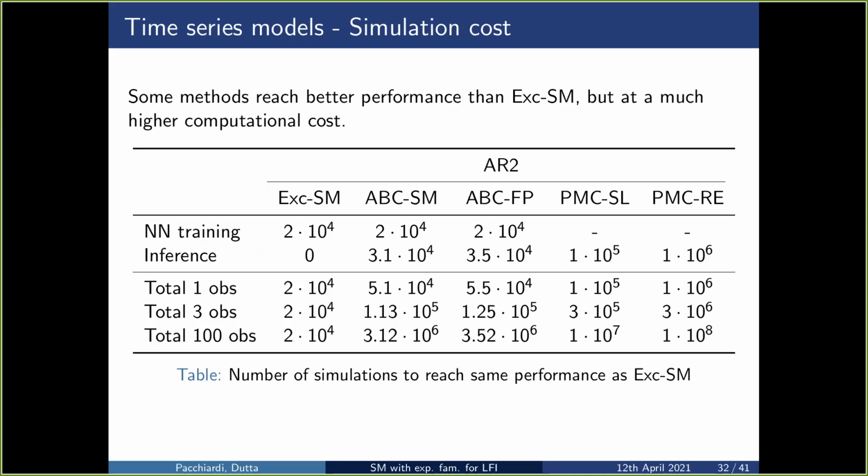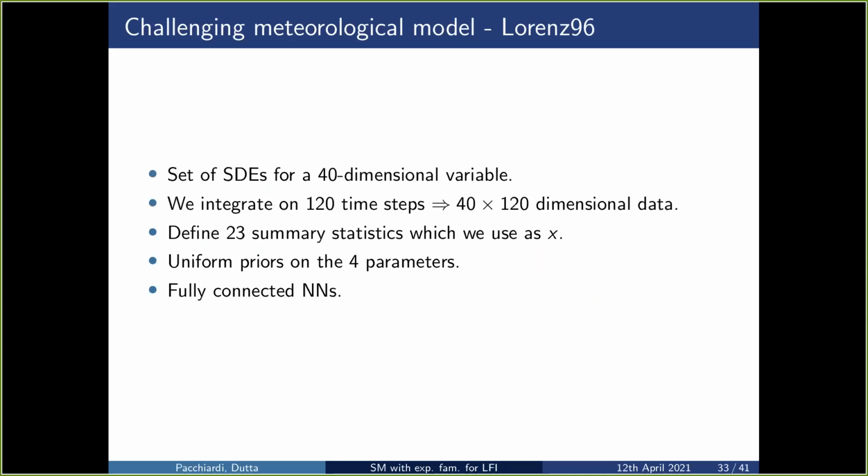And a similar point to make is that it is very cheap, because it's an amortized version. And finally, we will look into the Lorenz 96 model, which we have explained before, which is a 40-dimensional variable. And we integrate on 120 time steps, which is giving us 40 cross 120 dimensional data. We construct 23 summary statistics, which we use as X in this case, rather than that huge data set, and